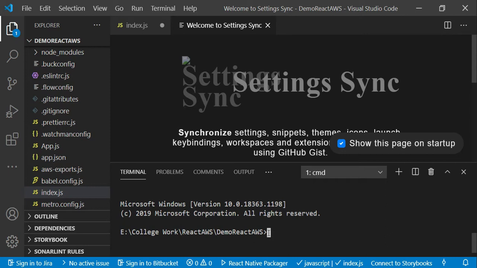As far as this series is concerned, we will just discuss how to create a GraphQL API using AWS AppSync services. And the database that we are using here is Amazon DynamoDB database, that is a NoSQL database. So in this series we will just discuss how to create a GraphQL API and database. Now let us discuss the steps.